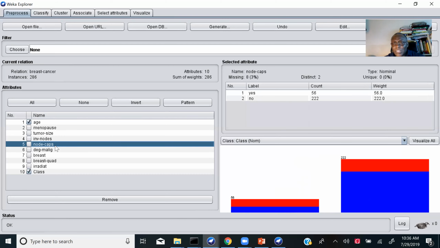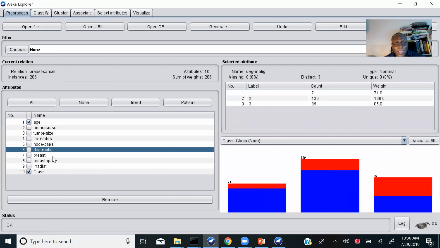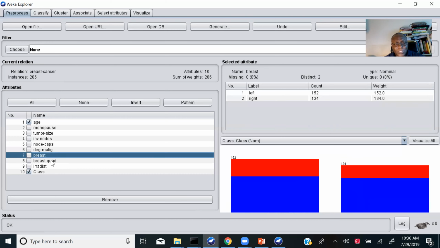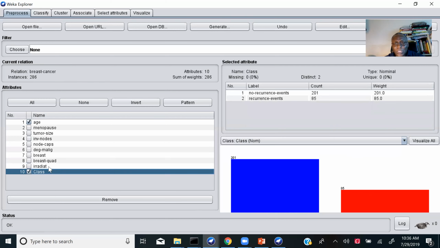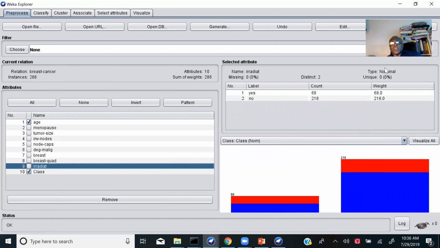So almost all the data types are nominal. In this case, all our data sets are nominal. But what I mean is that if, for example, the data set is quantitative or a numeric value, you will see that the system will find the mean, median, and also the standard deviation for us. Because with nominal data, we can't find the mean or median, the only thing is the mode or the count. So the next thing I'm going to do now is classification.